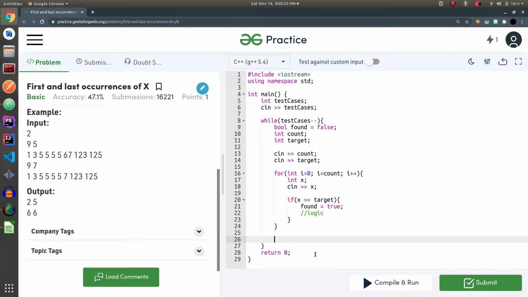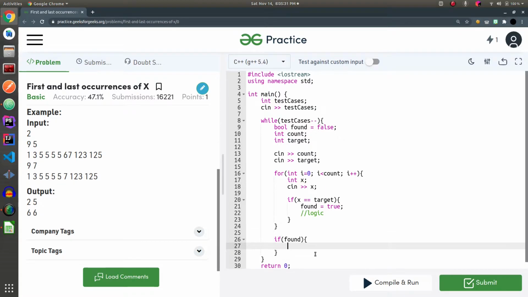So we have to write if found, cout first occurrence, then there will be a space, then second occurrence, and end of line, else.